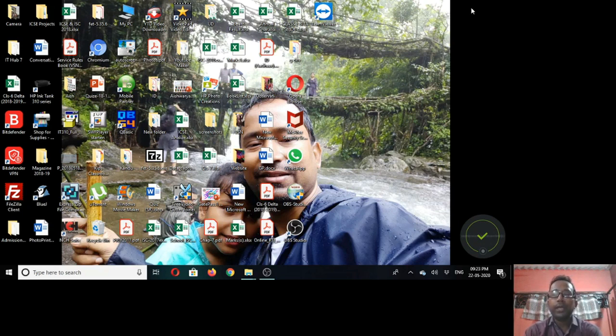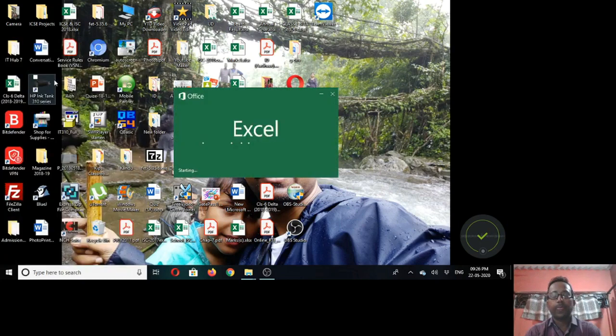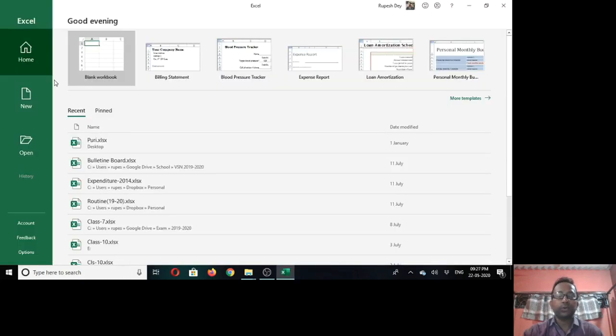But in our book, we will learn Microsoft Excel, which is a powerful Windows-based spreadsheet software developed by Microsoft Corporation. It is a component of Microsoft Office suite. It is used for storing, calculating and manipulating data to make summarized reports, tables, charts, etc. Now let us open Microsoft Excel. This is the first screen of Microsoft Excel where you have to select this blank workbook to create a workbook. Now what is a workbook? A workbook is a spreadsheet file created in MS Excel which consists of one or more worksheets. A workbook is used to keep related data in different sheets. In Excel, a workbook file has the extension .xlsx.